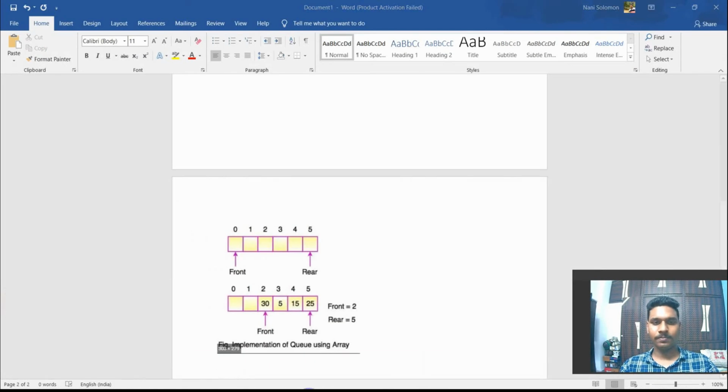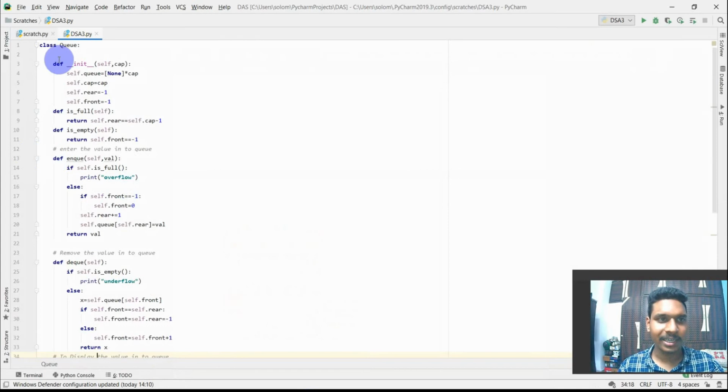This is our code. We have created a class, Queue, and we are declaring def __init__(self, cap). We can take cap as anything, it's a variable; you can take abc as well. And self.q is compulsory. It's like a keyword we need to use to take the value into the queue. Self is compulsory when we create a class in Python, and I'm doing this code using Python.